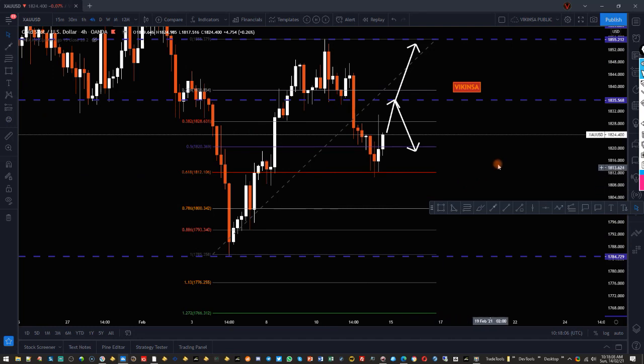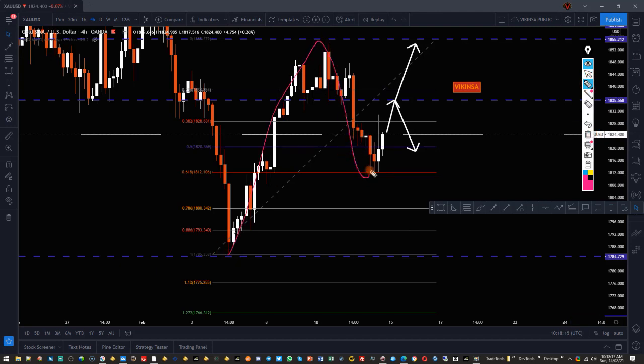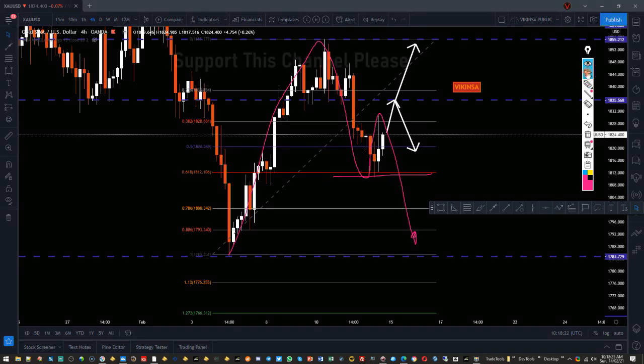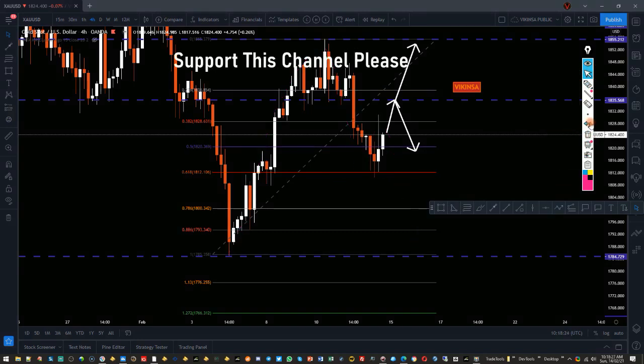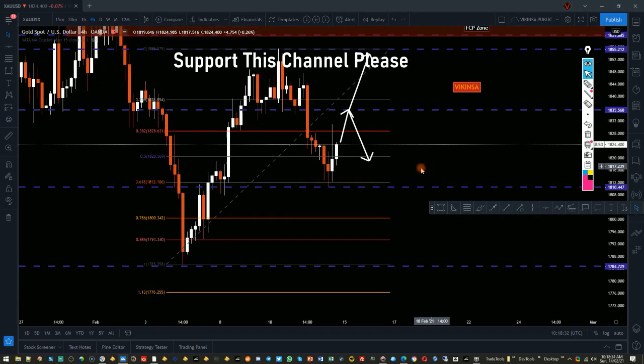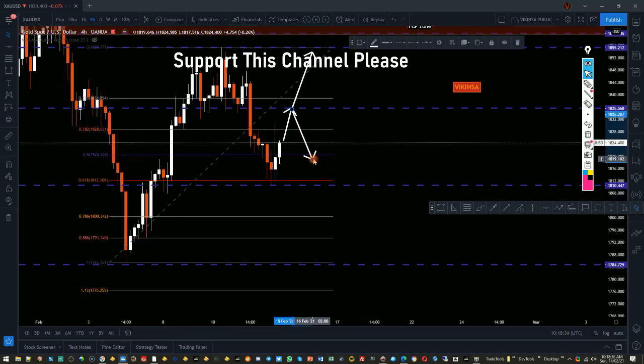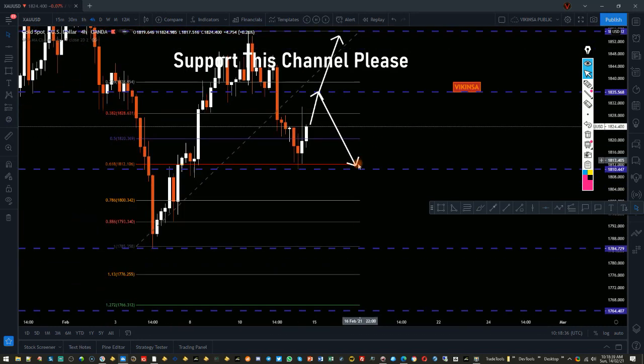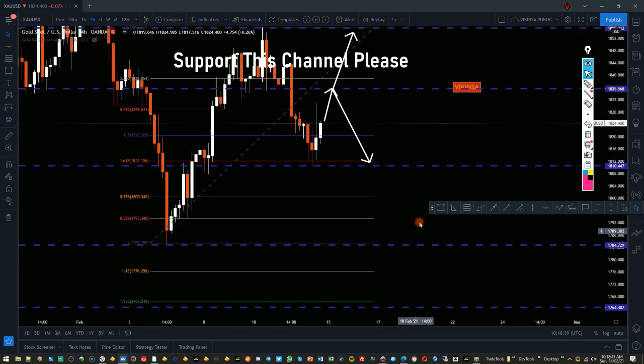For the bearish side, what we can see is that the market is probably going to create an M pattern. Okay, so if you're not able to spot it, then this is how it is going to be. So if the market starts to move down, then it will come somewhere around here, and this will be the midpoint of that, and that is why let's look at this level. So this is the point. So if the market starts to fall, then I'm expecting it to come to this level here of 1810,